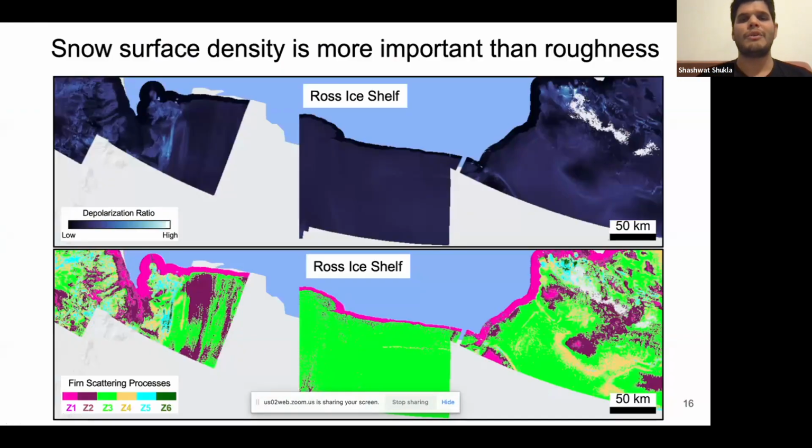And when it comes to the Ross ice shelf, here also we see a similar trend to what we saw before, that snow surface density is much more important than roughness. It means that the accumulation over this particular surface is more. However, we also see this type of scattering which is coming from the rough surface, indicating the crevasses which are present over there. And this particular pink color surrounding the ice shelf is nothing but the boundary of the ice shelf, which is being represented by a proper surface scatterer and a rough,